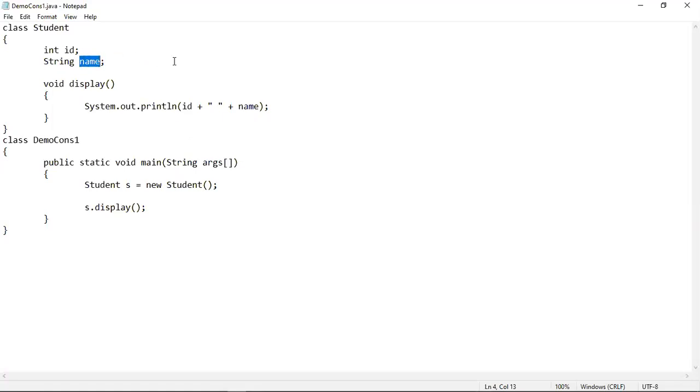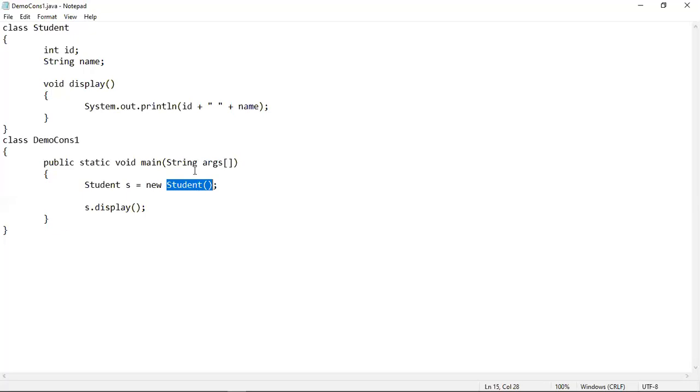In all these cases, when we are using string type variables or any reference variables, a null value will be assigned into it if you are not giving any values into them, and if you are using the default constructor in the object creation statement. That means the default constructor will initialize the object upon its creation. It will initialize the integer variables with zeros, or any kind of numeric variables with zeros, or floating point zeros, that means 0.0, like this. Or if it is a string type variable, it will assign it a null value. If it is a reference variable, then also it will assign a null value into it.